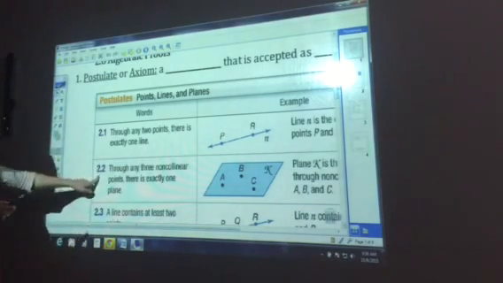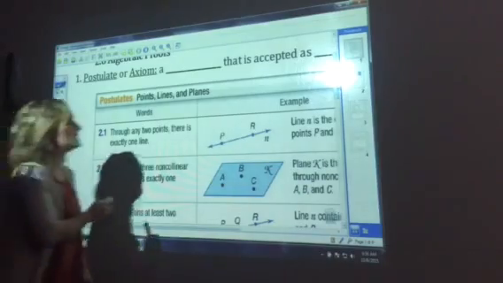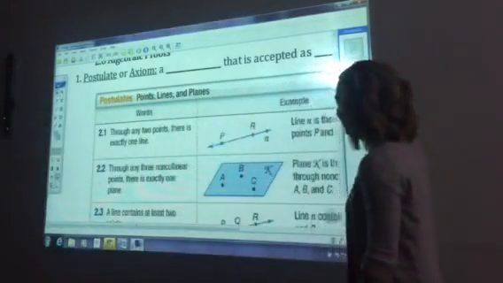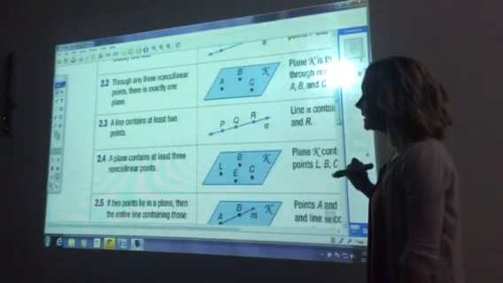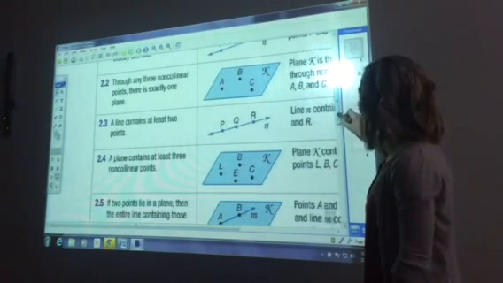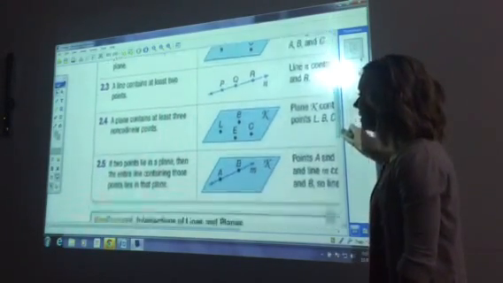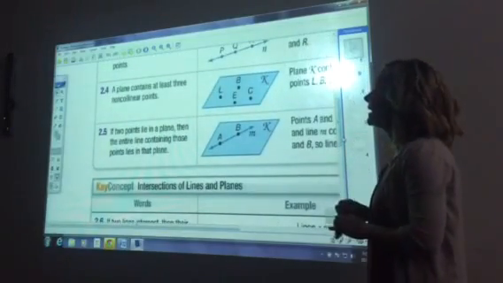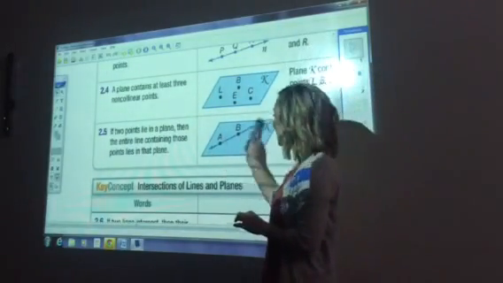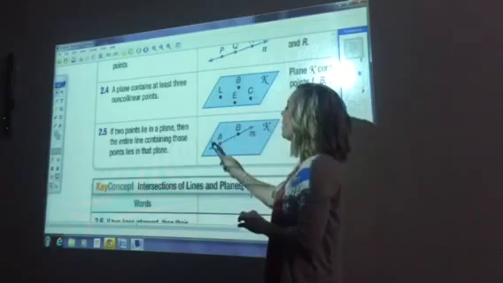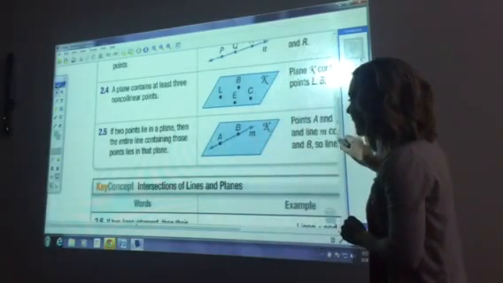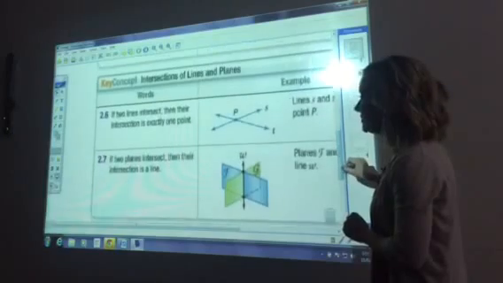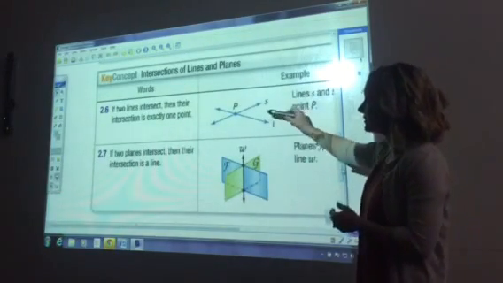The next one says that through any 3 non-collinear points there exists exactly one plane. A line contains at least 2 points. A plane contains at least 3 non-collinear points. If 2 points lie in a plane, then the entire line containing those 2 points also has to lie in the plane. Okay? And then the last two is talking about intersection, and we've talked about intersections of lines and